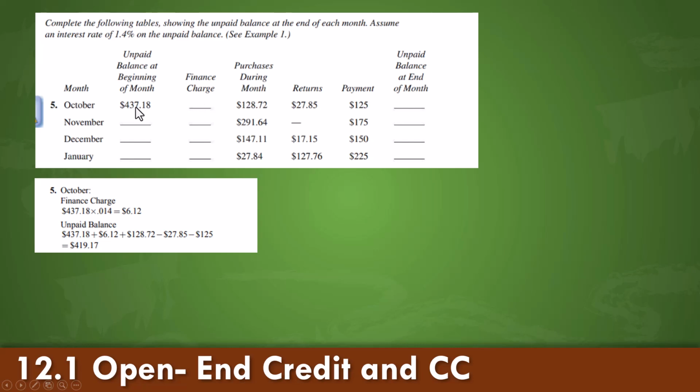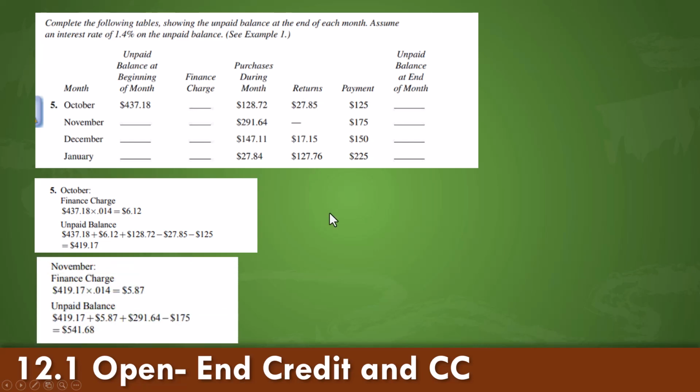Our unpaid balance is unpaid from previous, plus interest, plus charges during the month, less returns, and less payment. This will give us the unpaid balance at the end of the month. We repeat these steps with November. In November, we have our unpaid balance of $419.17 carried down from the month before. We multiply that times our finance charge,